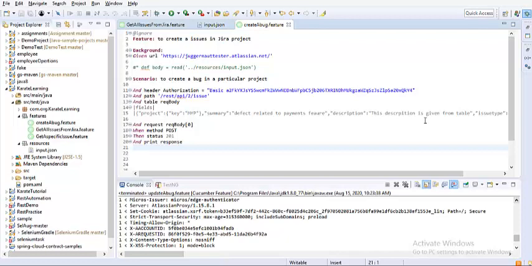So thus far we have worked with different BDD frameworks such as Cucumber, Gauge, and others. We have been writing feature files, but we were never able to use the response or the output from one feature file in another feature file. So the process of chaining was very difficult, but Karate has done this for us as an out-of-the-box functionality. With the help of the call read function, you can call one feature file, use the response, and then feed it to your next test case.